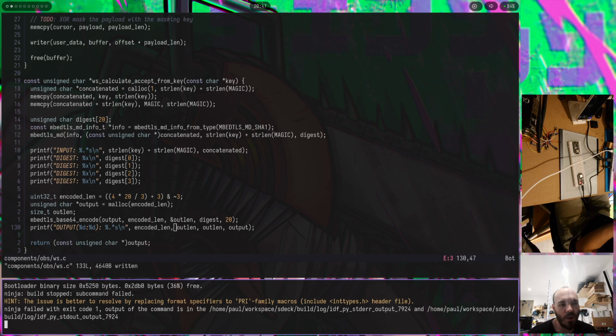I kind of want to see outline as well. I'm also going to put encoded len. Don't think that's going to matter all that much, but yeah, I mean, if that doesn't work,